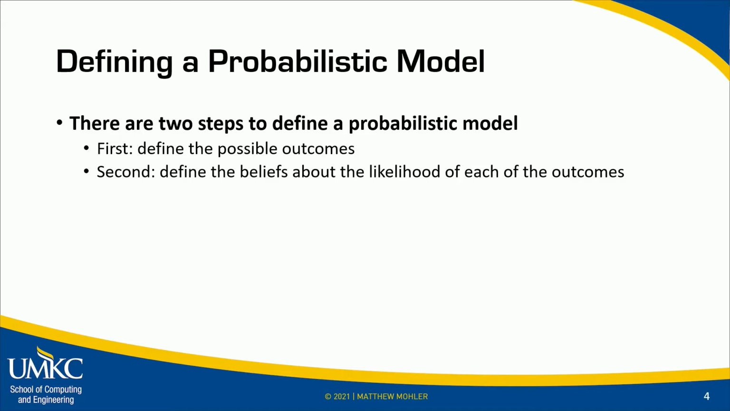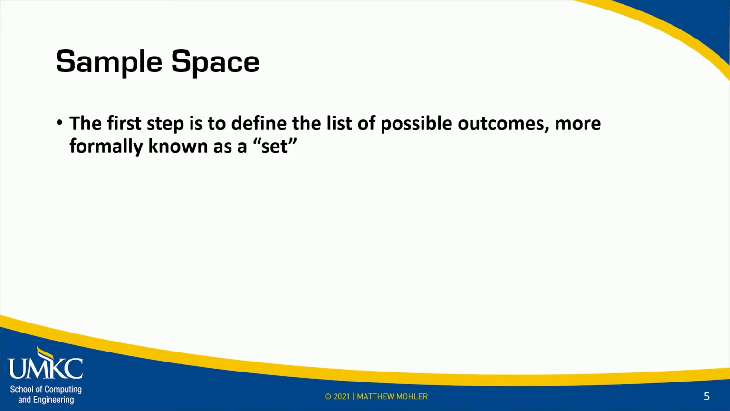Now, circling back to the first step a little bit, we want to talk about that list of possible outcomes, all the different things that it could be. In probability, that list of possible outcomes is more formally known as a set. And a set also is known as a sample space. All 3 of those words really are kind of interchangeable in the world of probability. So when we talk about a sample space, it's just the collection or the set of all possible outcomes of